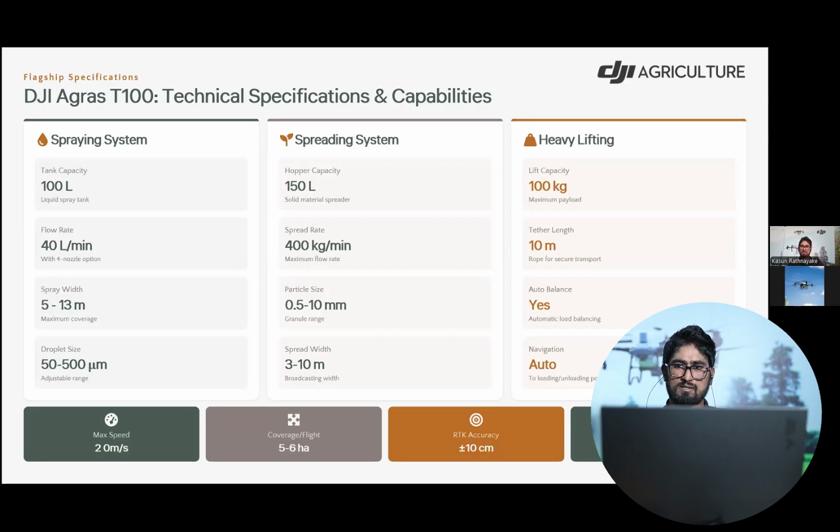This drone can lift a maximum payload of 100 kilograms with a tether length of 10 meters, and it has auto navigation and auto balance systems. The DJI Agras T100 has a max speed of 20 meters per second, so we can cover 5 to 6 hectares within one flight. It also has fast charging abilities, so you can charge your batteries within 8 to 9 minutes.